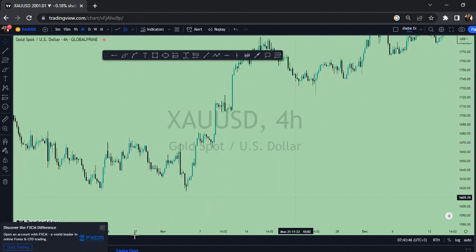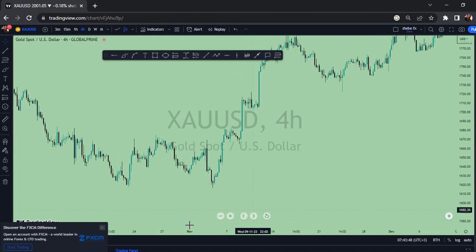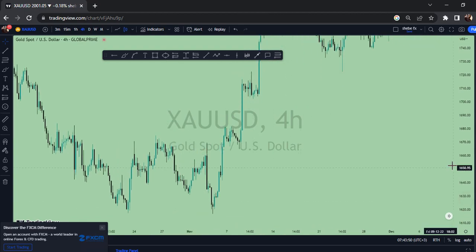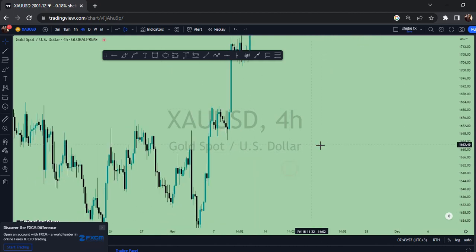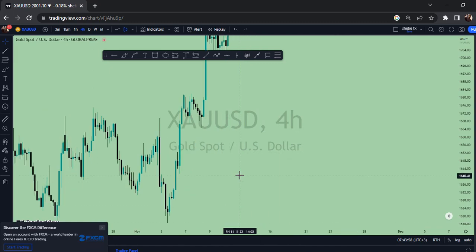Today I'm going to explain a little bit about breakout structure. Breakout structure means the breaking of previous highs and higher lows. Why do I say breakout structure and why do I want to explain this? This is because